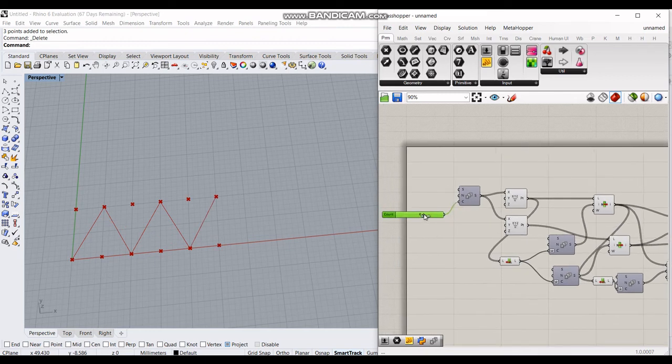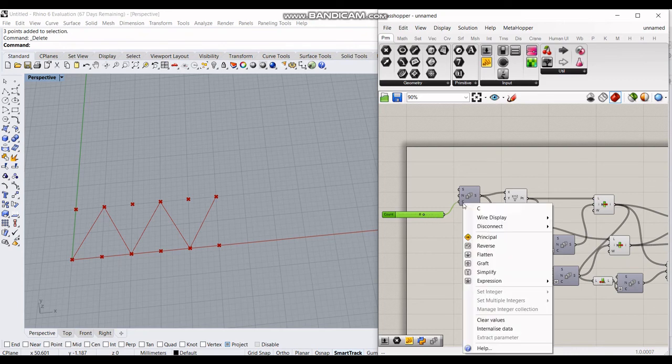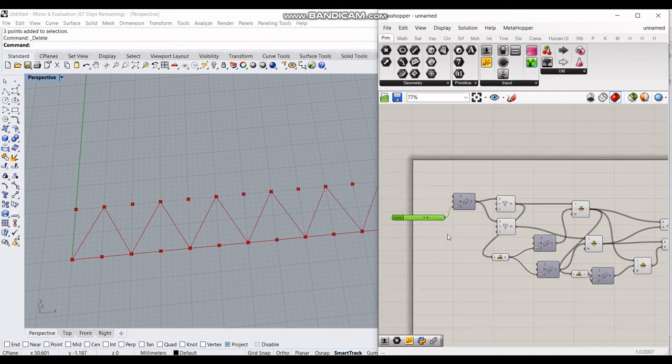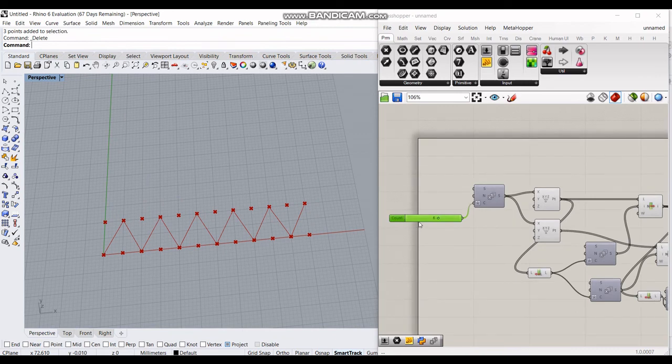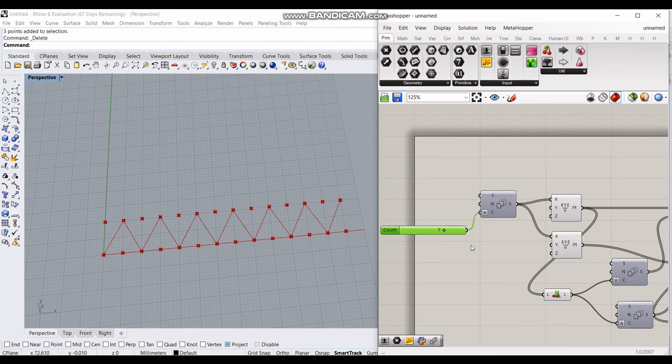This can also be done, and you can see there is a small mistake: when the count is odd, certain things don't go well. This can be rectified just by using an even value of count. So now we can vary the length of the pattern.